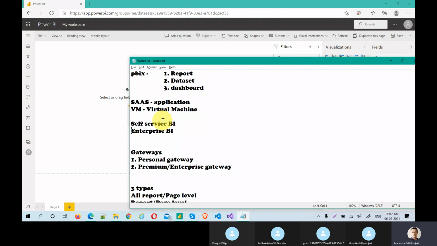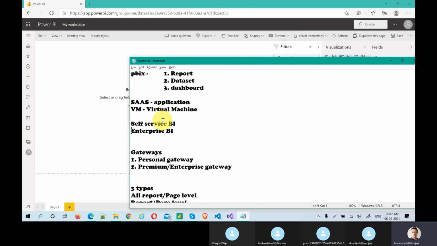The same way, self-service BI is served for end users directly, even though they are in an enterprise. They could be a single user just like me. I can analyze my own performance, my own finance, my own tasks. Whatever it is, I can do my self-service. And at enterprise level, I might require a developer for that.